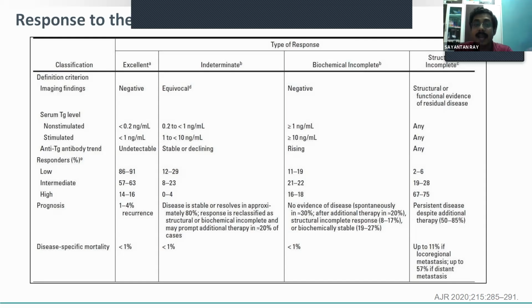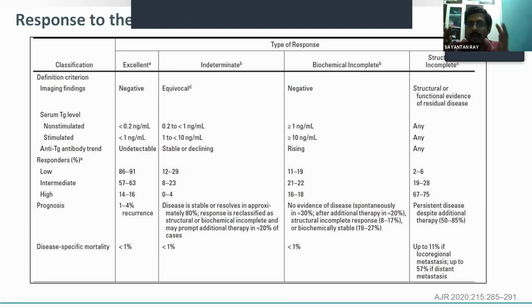response. It is nearly 90% for the low risk category. And regarding prognosis, only 1 to 4% recurrence and less than 1% disease-specific mortality. For intermediate response, disease is stable and resolves in approximately 80% of cases. And then the response is reclassified as either structural or biochemical incomplete and may prompt additional therapy in the remaining 20% of cases. For biochemically incomplete